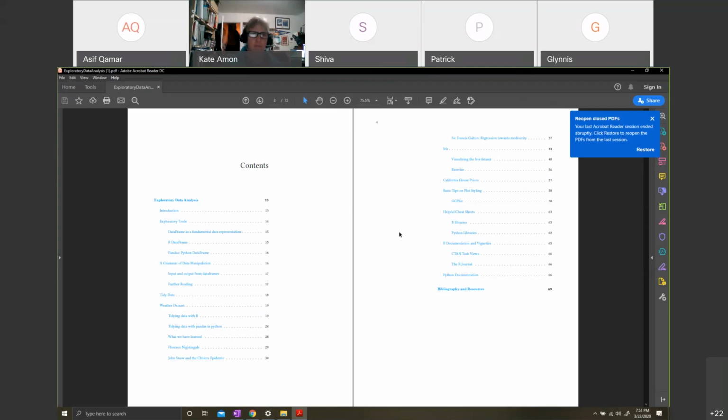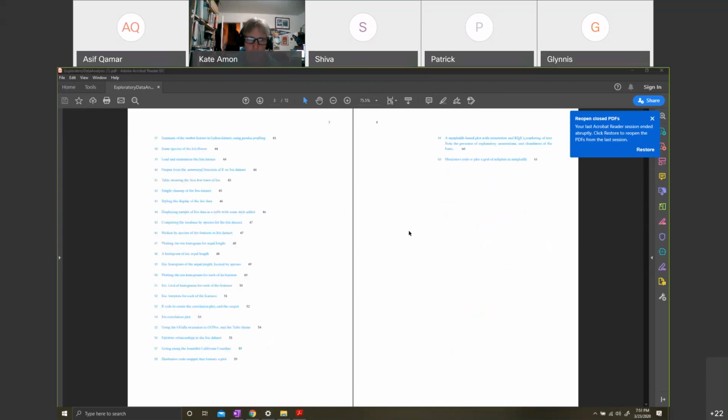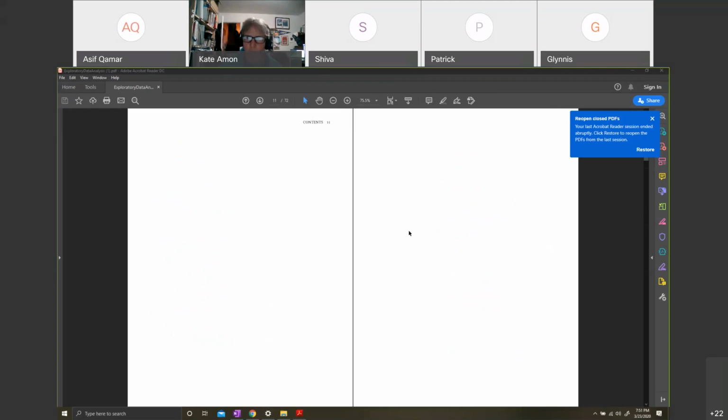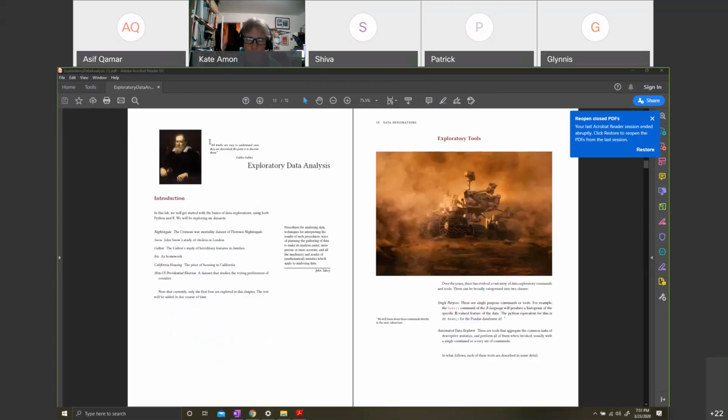And that is where the history of this field is, like Florence Nightingale's example, and all those other examples of people who just gathered data, the right data. And once they gathered the data, it was simply a question of seeing the data. And that is exploratory data analysis. So this is why I quote Galileo here at the top, and this quote means a lot to me. All truths are easy to understand once they are discovered. The point is to discover them. And that is exploratory data analysis.